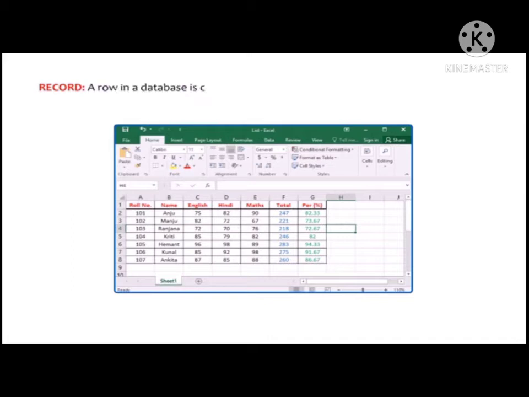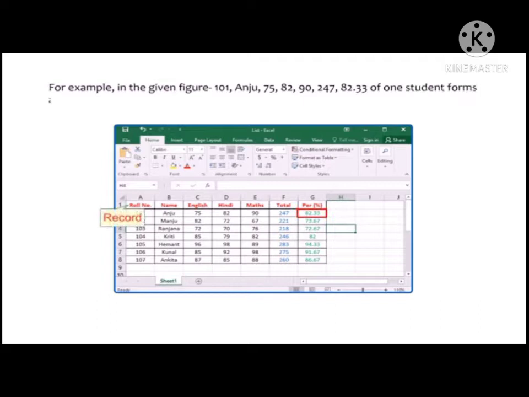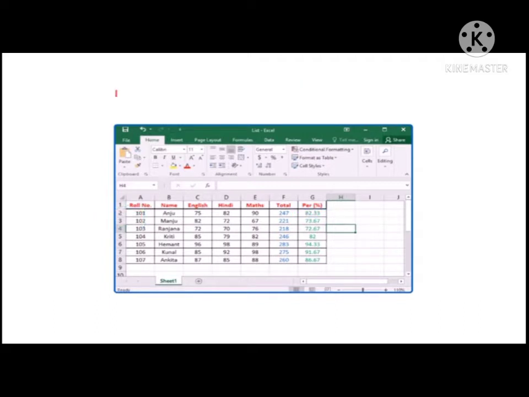Record: a row in a database is called a record, which consists of all the information about one person or one object. For example, in the given figure, 101, Anju, 75, 80, 82, 90, 247, 82.33, one of the students forms a record.